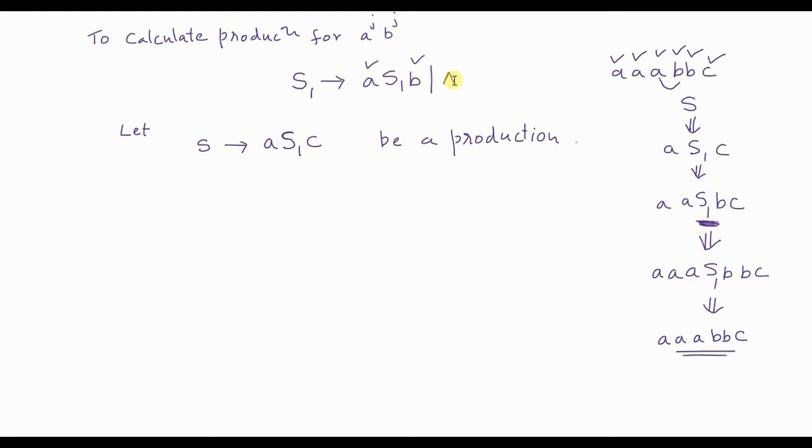So that's why I wrote this production. Basically, the moment the S1 production is considered, it will ensure that for every A there is a matching B. So this will take care of the A raised to J and B raised to J sequence. Suppose there are 10 A's, it will make sure that there are 10 B's, equal number of A's and B's. Otherwise it will say that it is not a valid string. So this S1 production is going to guarantee that the number of A's and number of B's are equal.